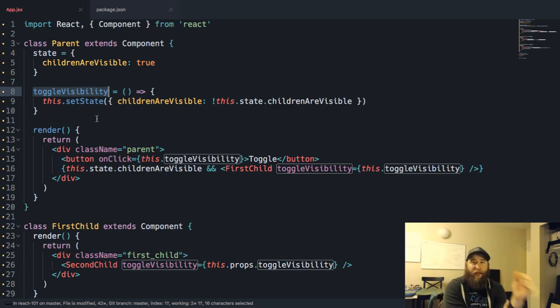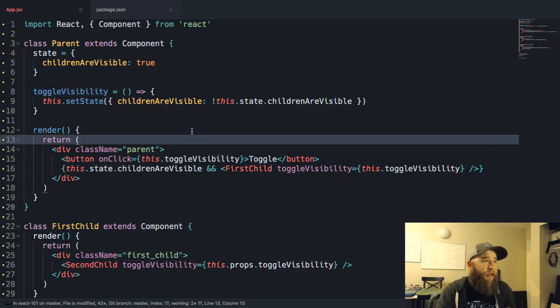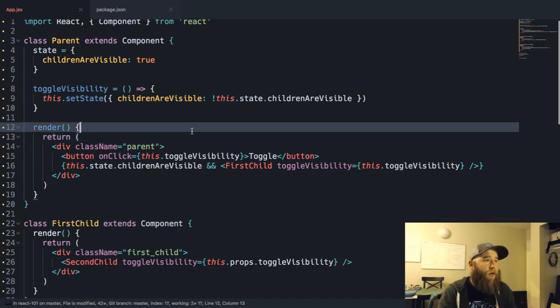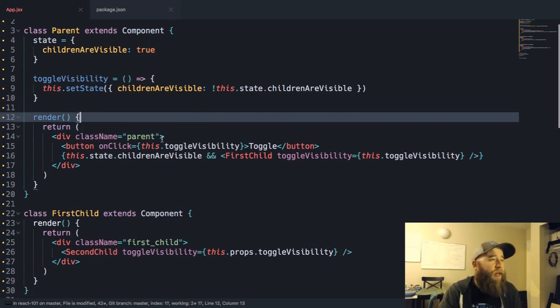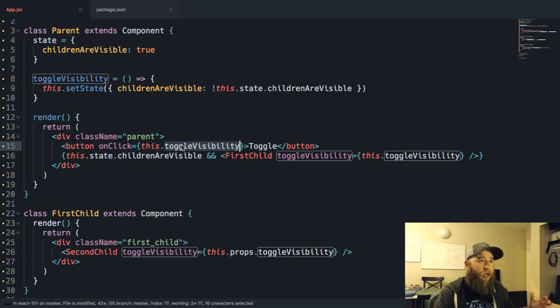I find it incredibly much more challenging to reason about how to pass actions and other things around between a component and nested templates and all this stuff. Whereas with React, it's just as easy as passing either a function or a property around. So while it might not be the prettiest thing, right? But what we're going to see is here in the parent, we have a button that'll call this method.